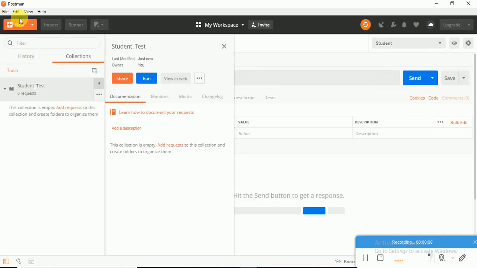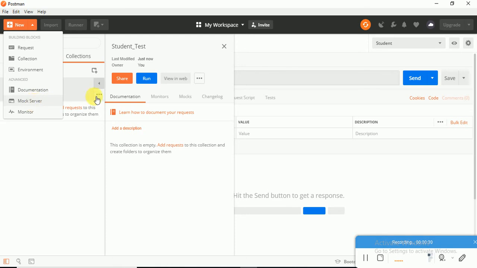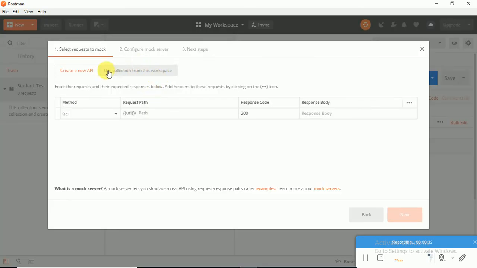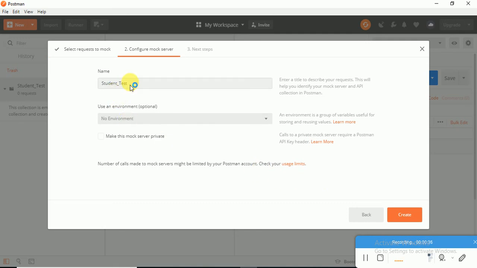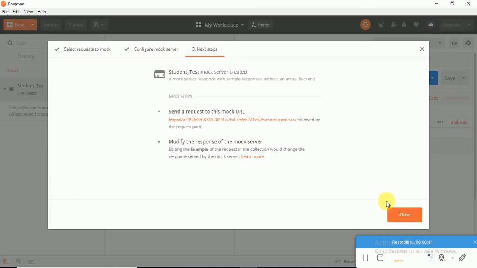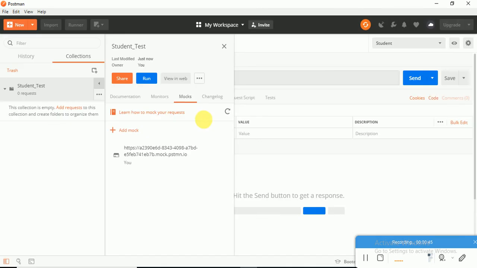and for this collection, empty collection, let's create a mock server. Use collection from the workspace, yes, and student test is the mock server. So what I'm going to do is I'm going to create it, and this is my address. Okay,